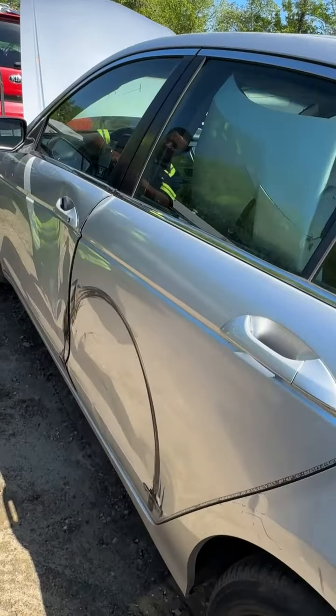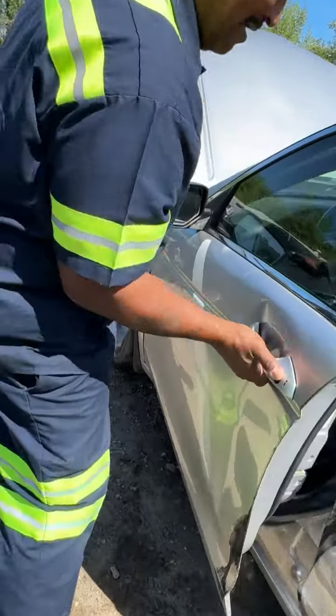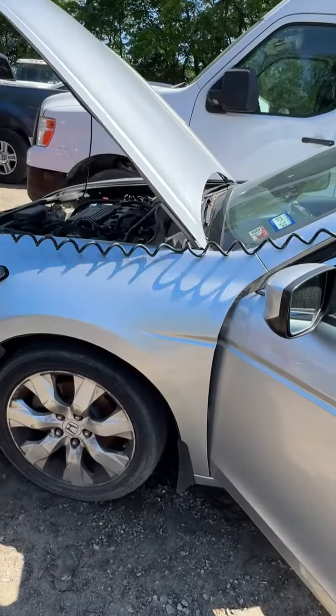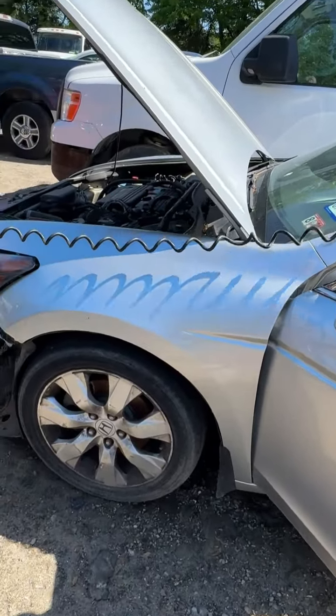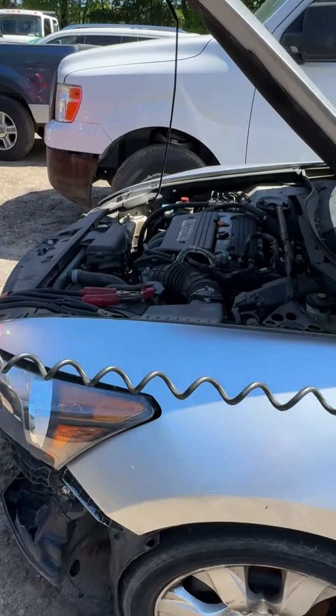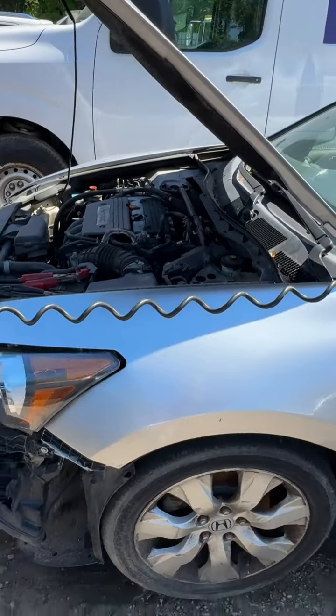And you can see where they ran into another vehicle. Had the tire brush the side of it as well. Got the jump box hooked up to it. Man, is it quiet. Started right up with the jump, moving it backward